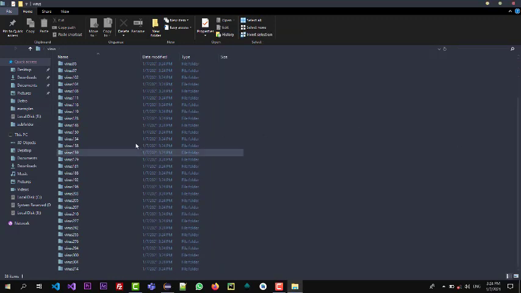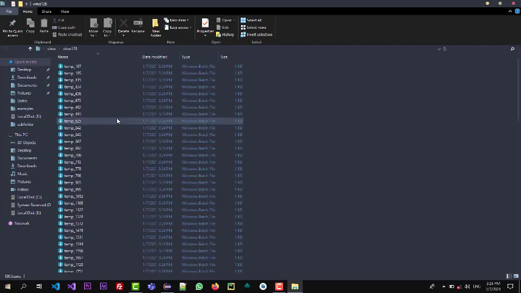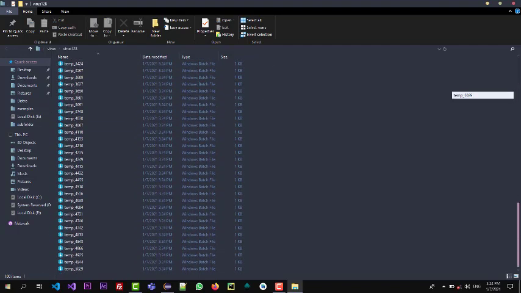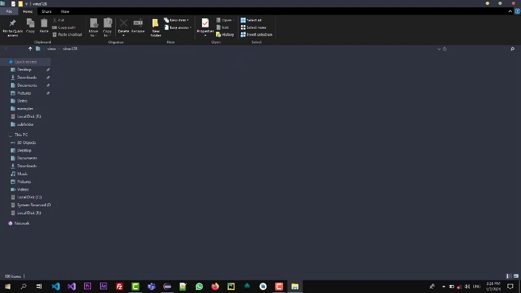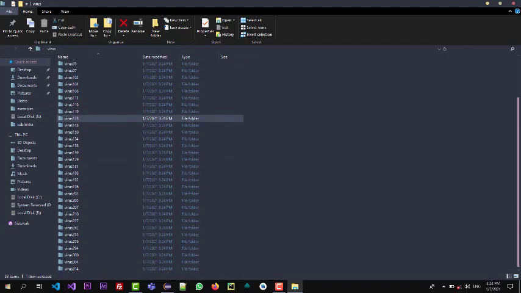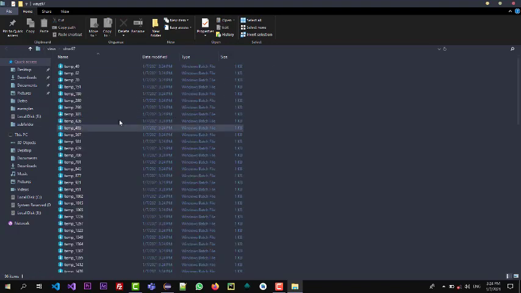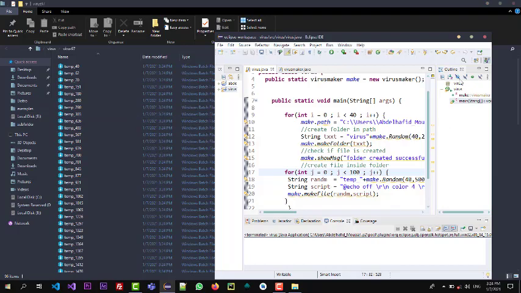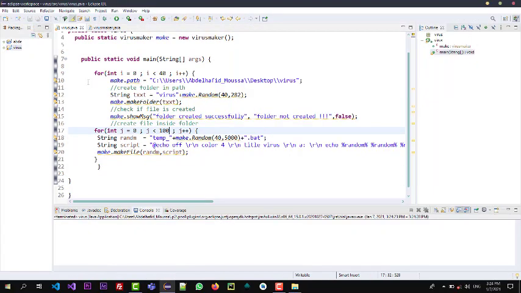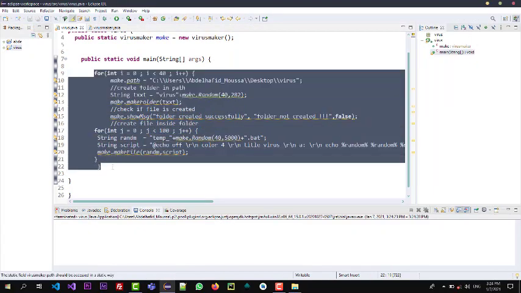So this is the last one. It will open anyone, and this is the beautiful thing. So check this, a lot of files, a lot of folders. Inside every folder you can find a lot of files. Also I can make it harder by copying all those code